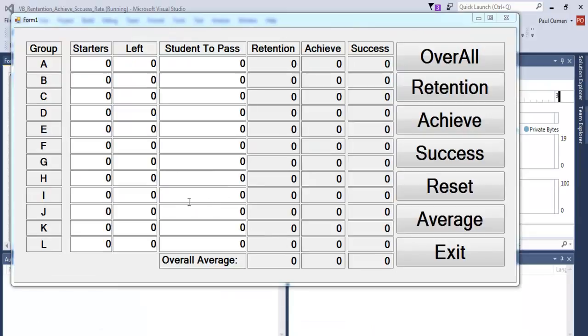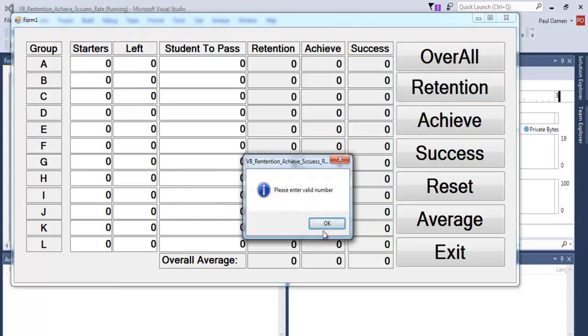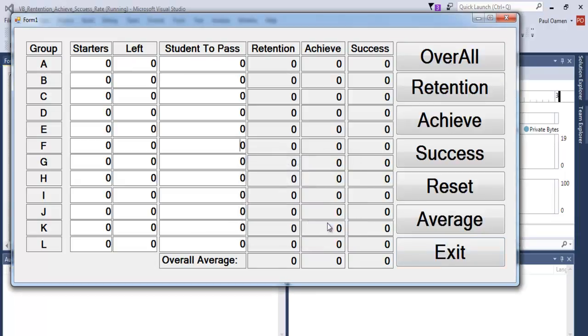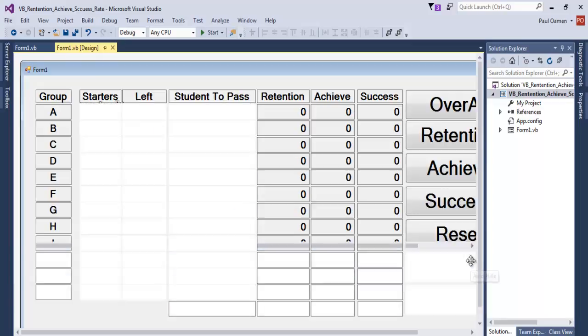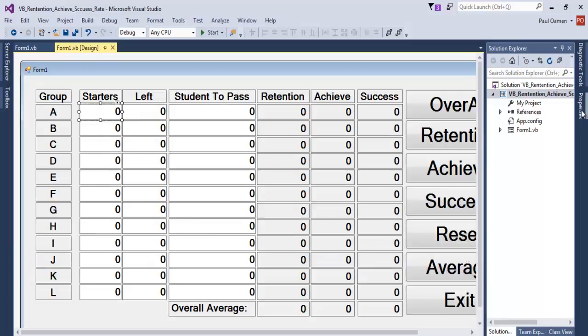That's the KeyPress event, preventing it from entering non-numeric values. Okay, let's exit. Now the other event we will be using is the click event. So let's start with that. I'll use the click event to prevent